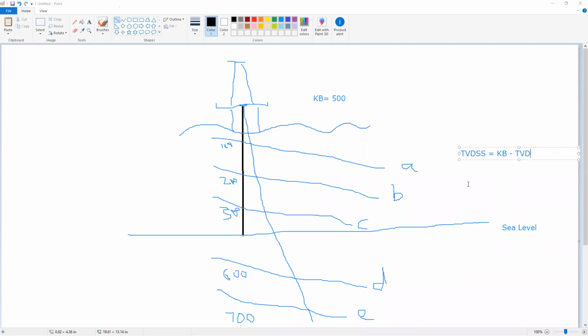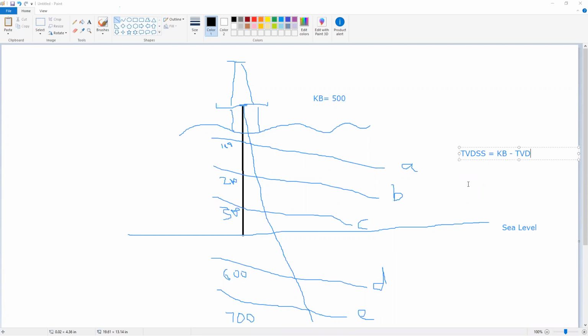And if I'm going to calculate the TVDSS for formation B, then it means 500 minus 200, the value is 300. Similarly, for formation C, 500 minus 300, the answer for formation C is 200 for the TVDSS. After that, you're getting the sea level at 0, and for formation D, you have the TVD value of 600. According to the algorithm, KB is 500 and the TVD is 600. 500 minus 600, what will be the answer? Minus 100,